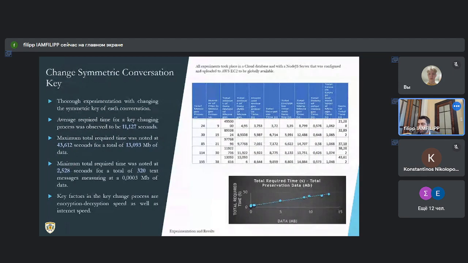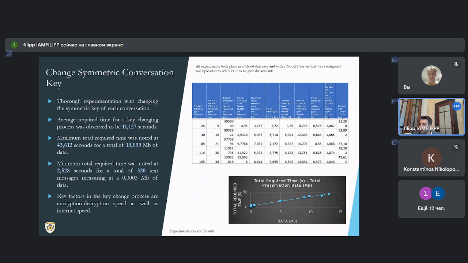Lastly, the change of the symmetric key of any conversation was thoroughly examined as part of the total experimentation. As previously stated, the change of the symmetric key is a complicated and computationally demanding action, as the average required time for the total completion was observed to be 11.127 seconds.